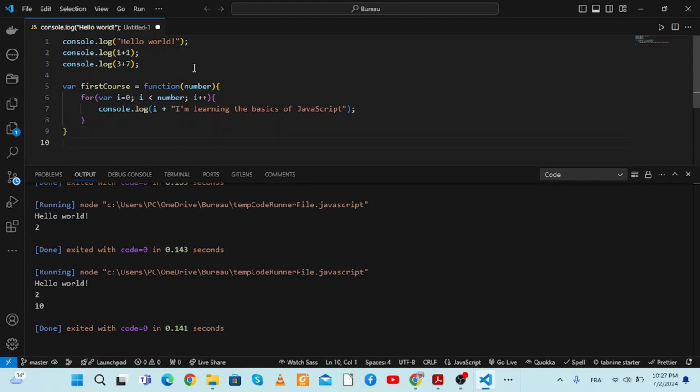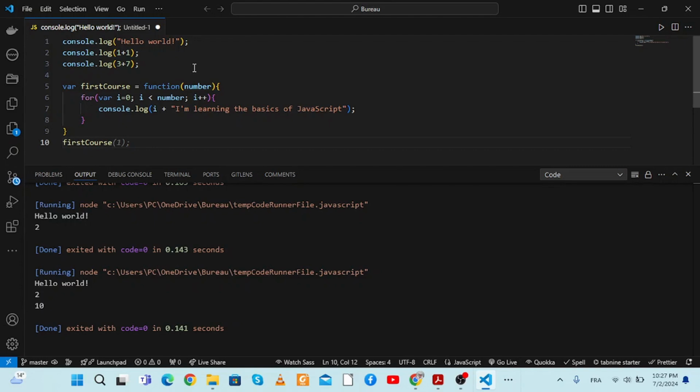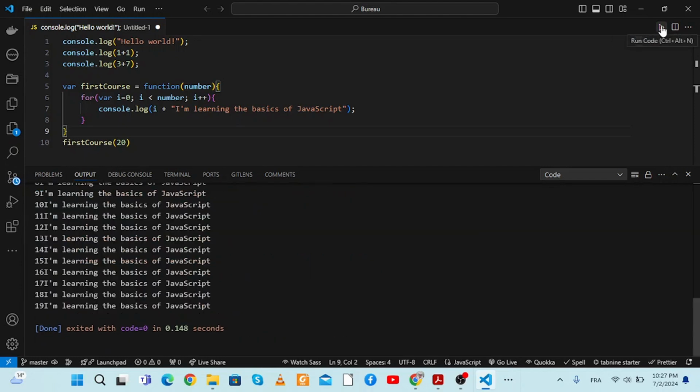And now we can call our function 20 times, and now we click run code. Perfect. As you can see,